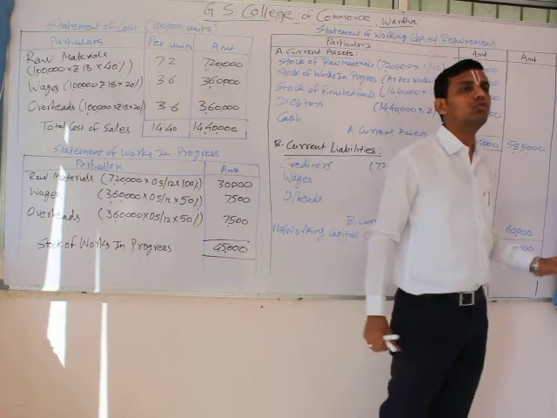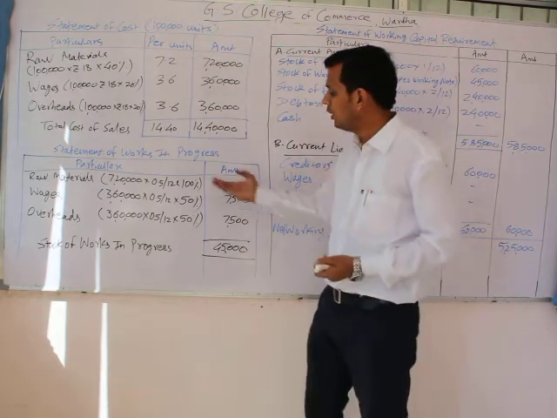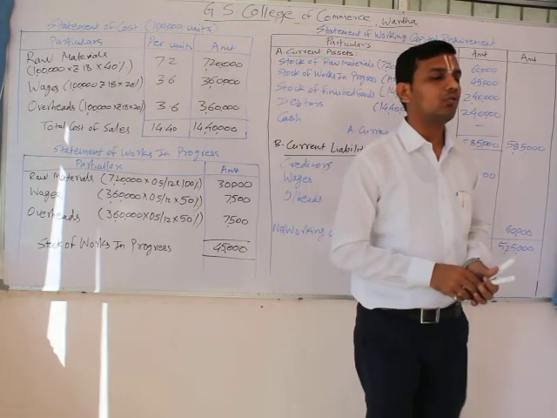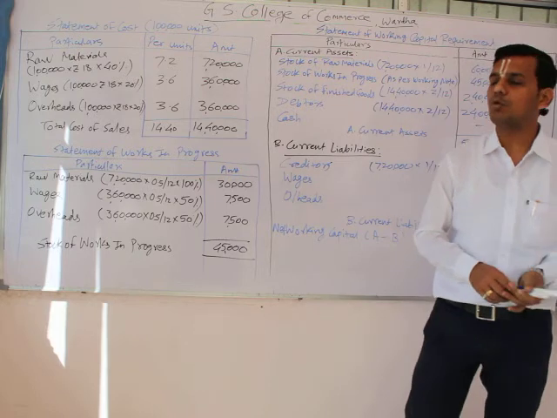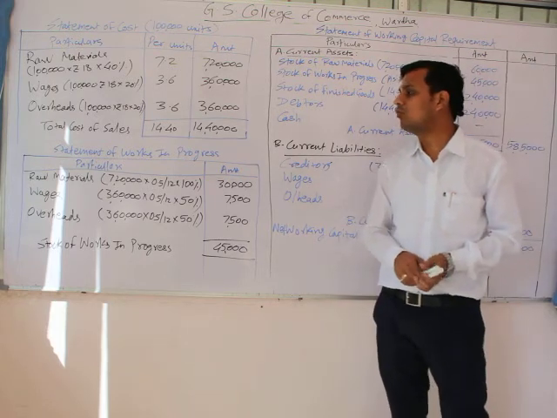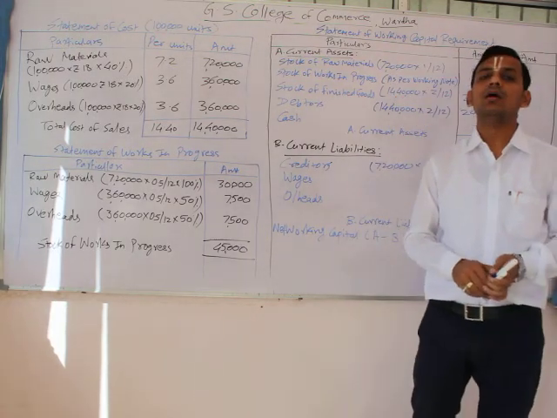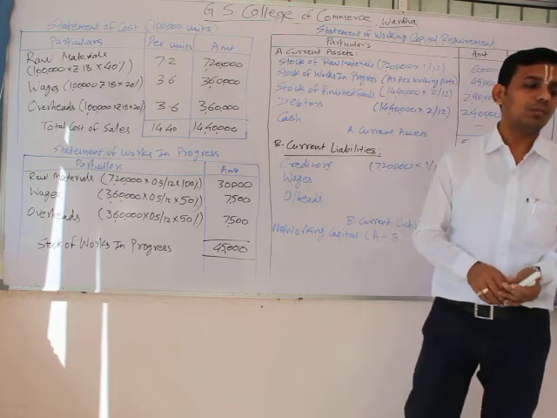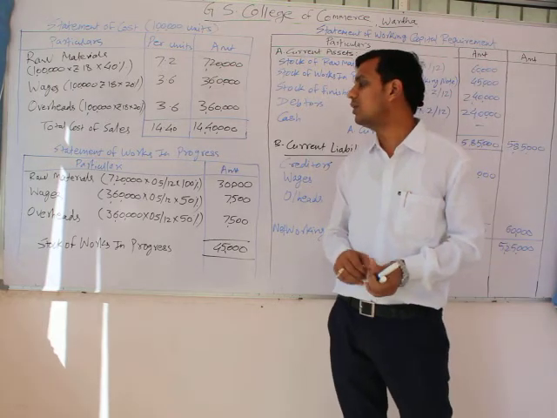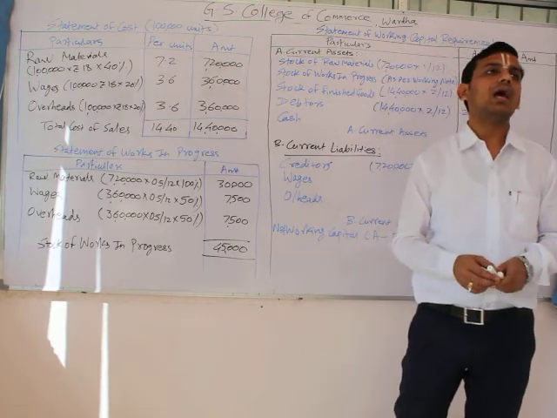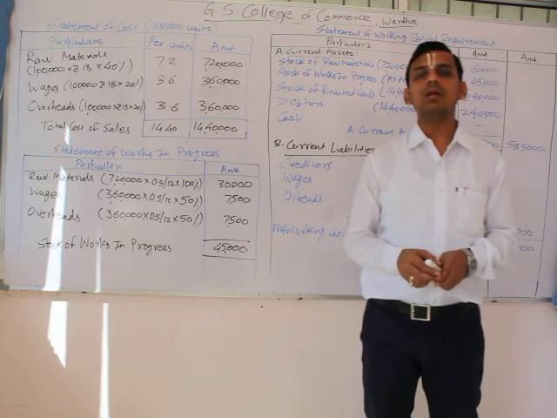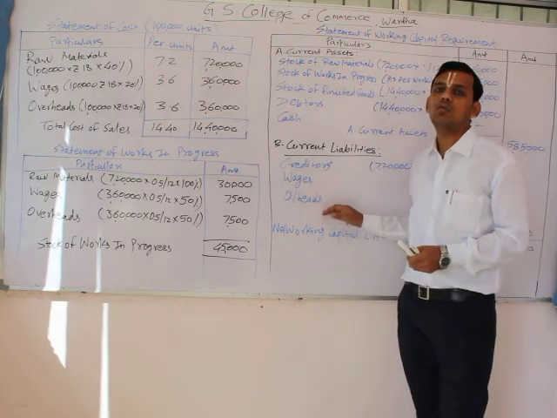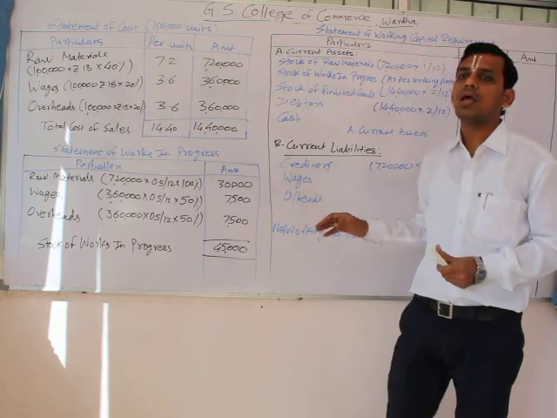At the end of the solution, as we have assumed in the working notes, we have to write down that in the absence of any information provided related to the stock of working capital, we have assumed that raw material is consumed at 100% level, whereas for works in progress, wages and overheads are consumed at 50% and 50% level respectively. This was it for the calculation of working capital requirement.